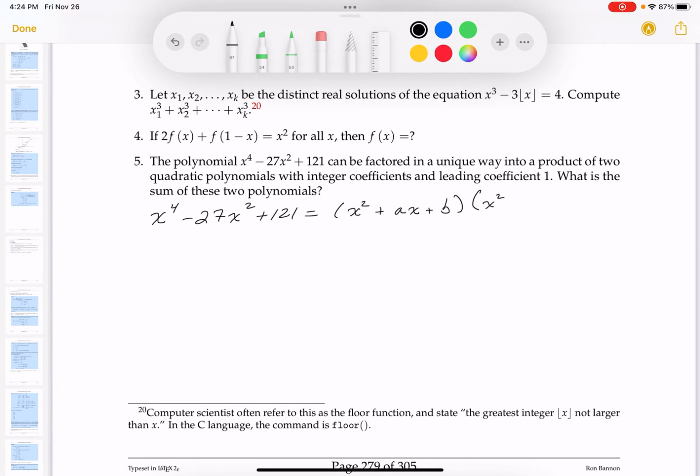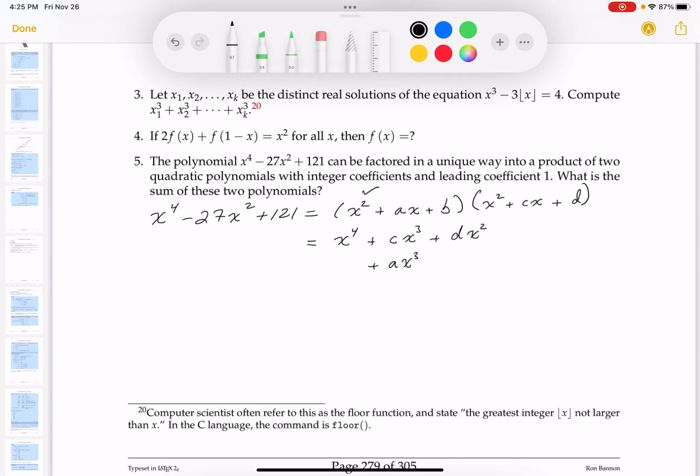Because I don't need a leading coefficient of an a, and I realize 1. Let's see. Plus CX plus D. Now I'm going to multiply it together, and you're going to get x^4. I got to be real careful here. Plus CX cubed plus DX squared. All right, this one's done. Let's do the next one. What's the next one going to be? It's going to be